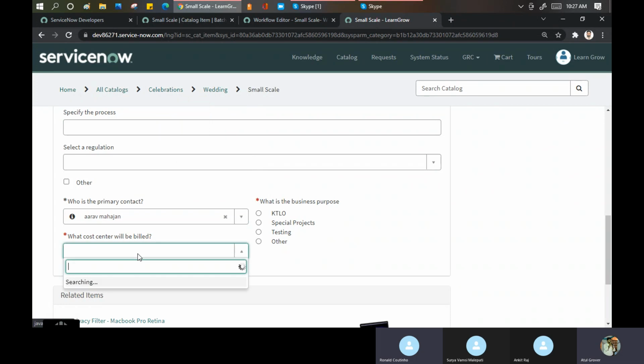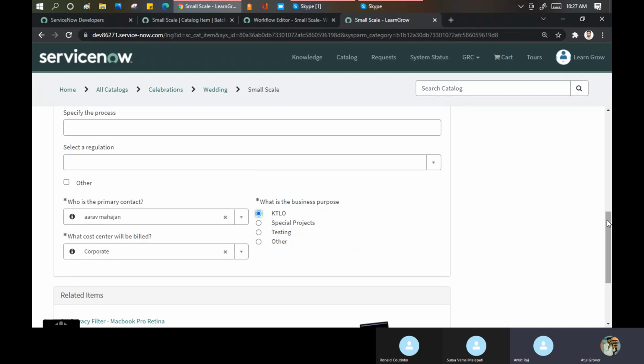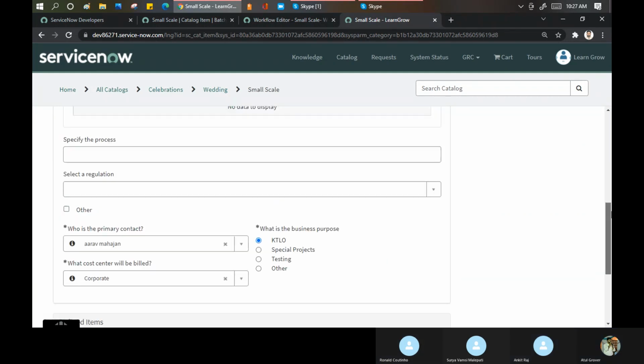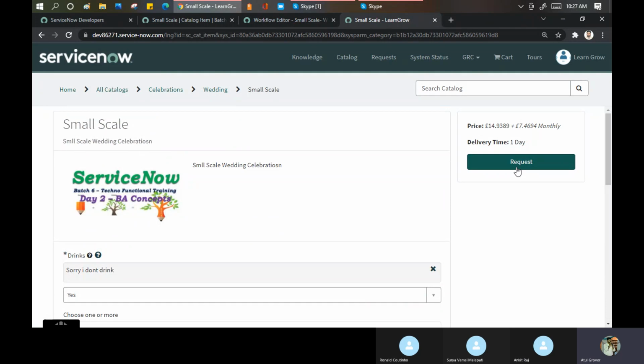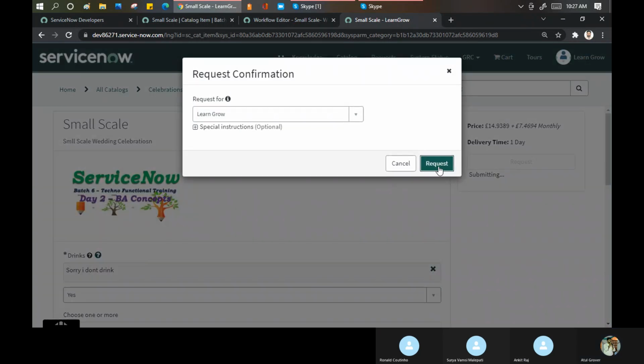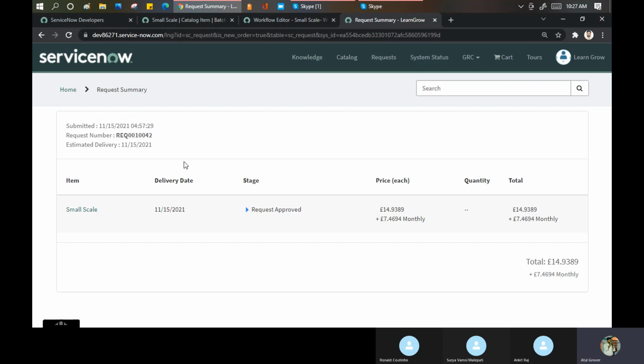No, little complex, but okay. True, but little complex. It is complex because we are doing it for the first time. Now I click on the submit. Request. Done. Let me go and open this.